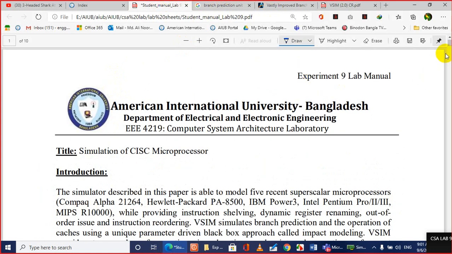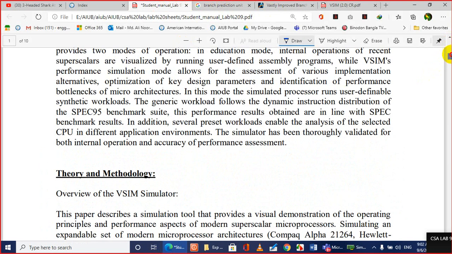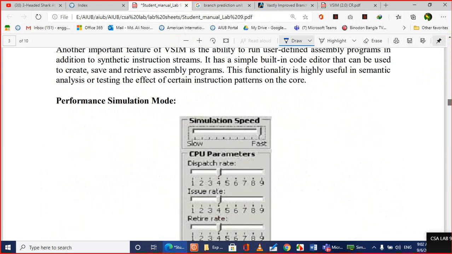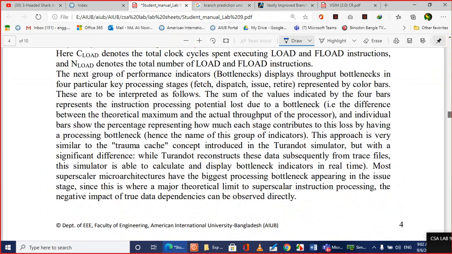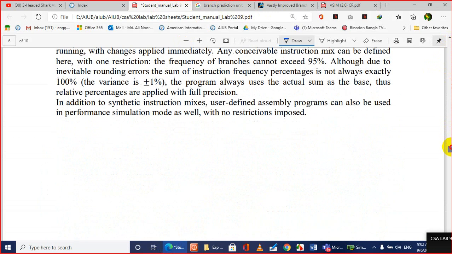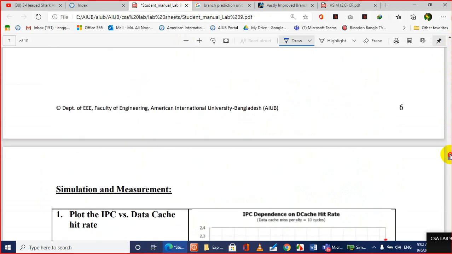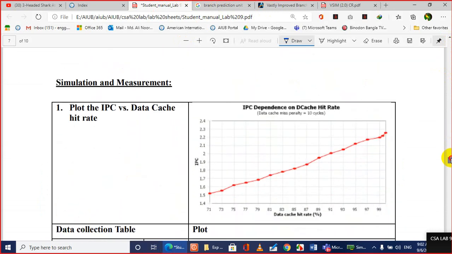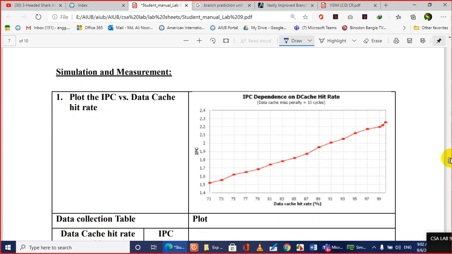If you scroll down to your lab sheet, in the lab sheet you will find all the steps and explanations from the simulation, everything. Now, this is the main part of our lab today, simulation and measurement.